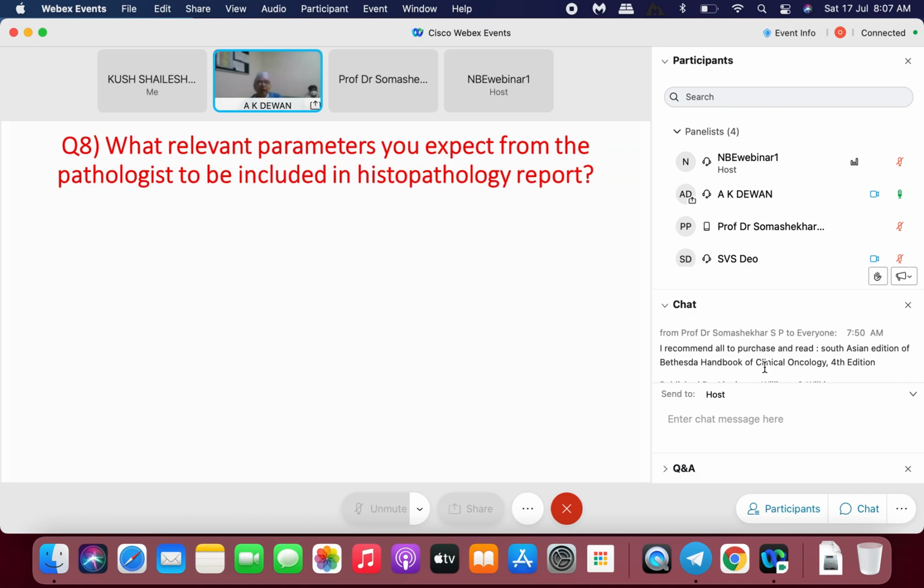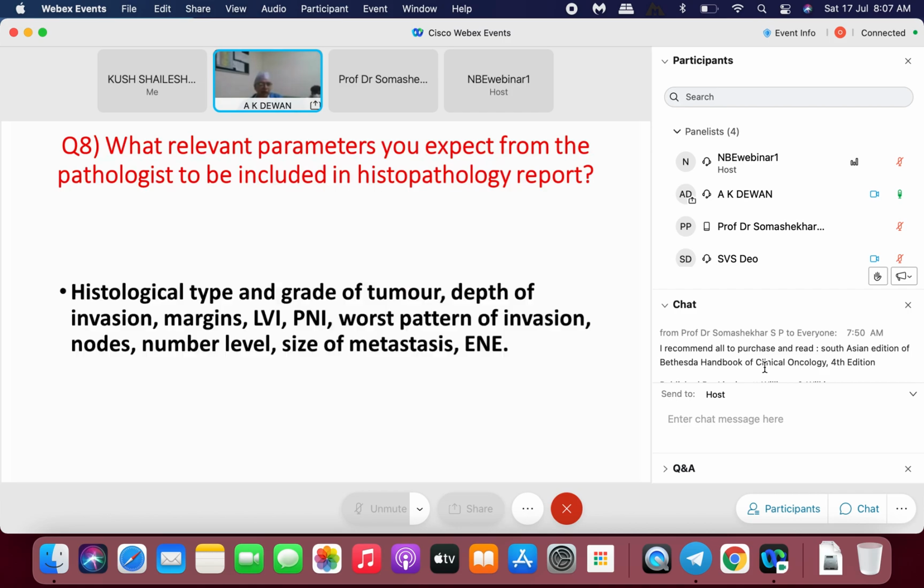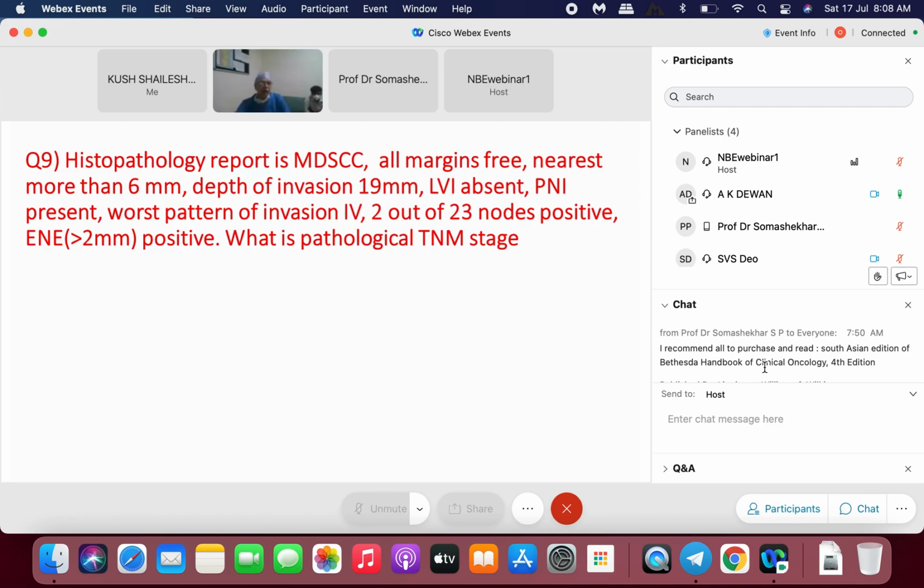So what relevant parameters you expect from the pathologist to be included in the pathology report? Want to know the histological types, the grade of tumor, depth of invasion, margins, LVI, PNI, worst pattern of invasion, nodes, number of nodes, level of nodes, size of metastasis, and ENE if it is present or not. Histopathology report comes as MDSCC, all margins free, nearest is 6 mm, depth of invasion 19 mm, LVI absent, PNI present, worst pattern of invasion 4, 2 out of 23 nodes positive, ENE more than 2 mm, and what is